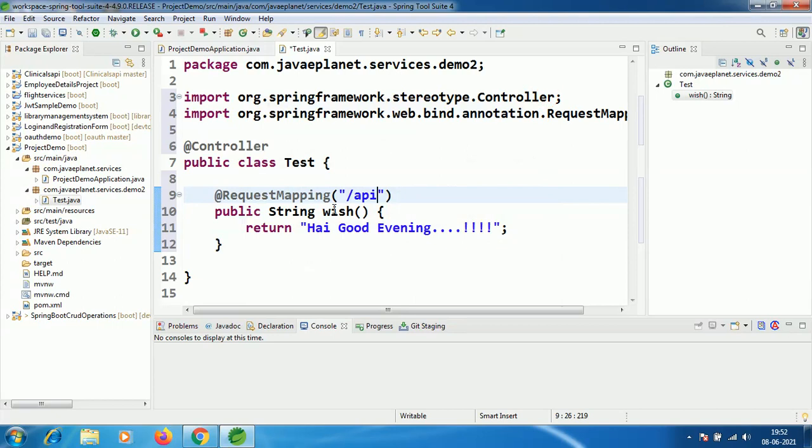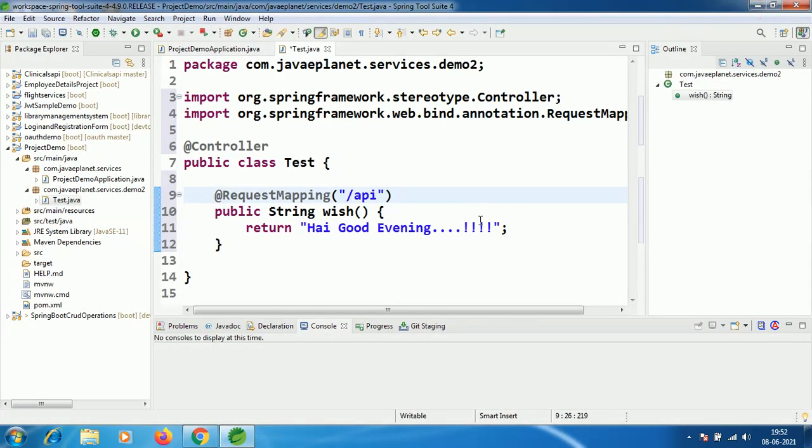When we mark this method with @RequestMapping and provide some URI, and we enter this URI in the address section on localhost, it will generate the response back from the server.